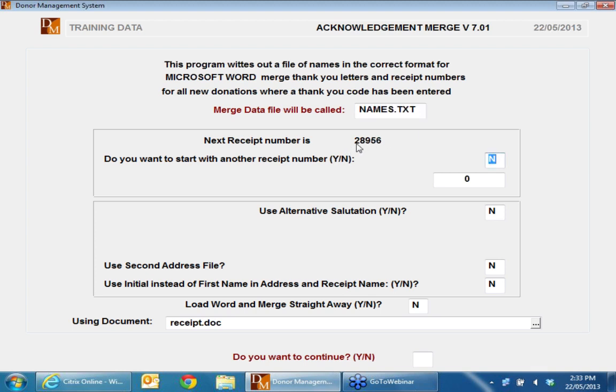So up to this point, Donman's finished what I needed to do as far as getting to use my campaign and start using my letters. So if I minimize that,